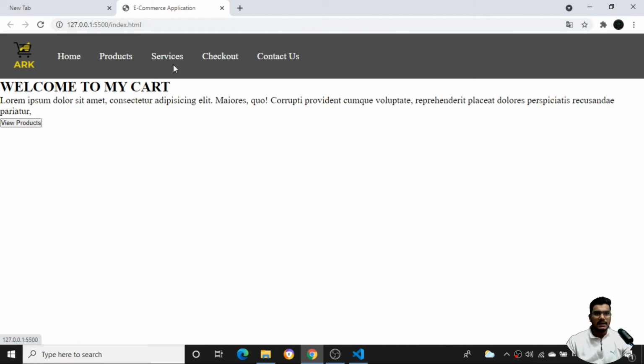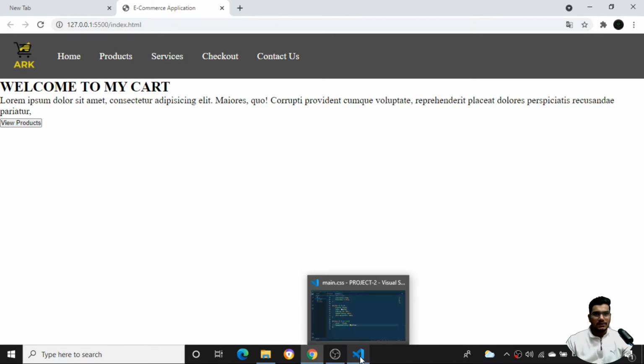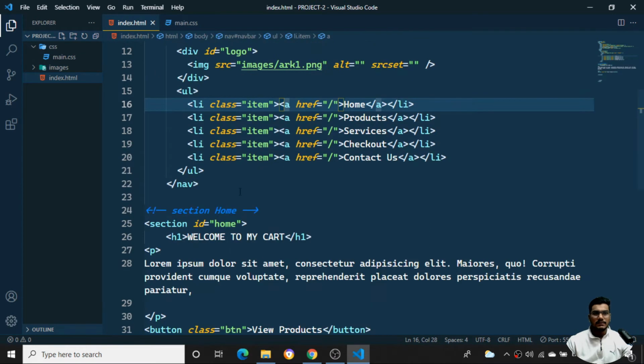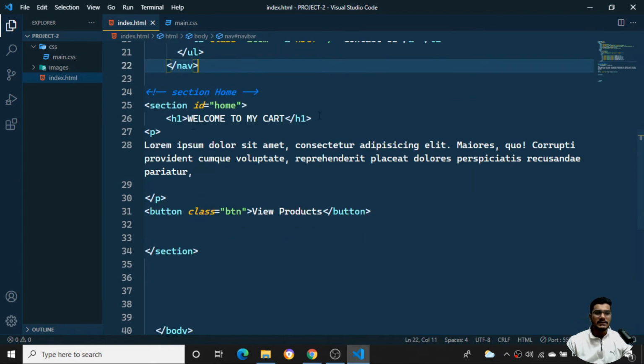You can see we have designed a navbar in a good, relevant manner. We have completed the navbar over here. So once it is done, let's do the next one. Next we'll do this particular ID, home section, and set all the properties for it.